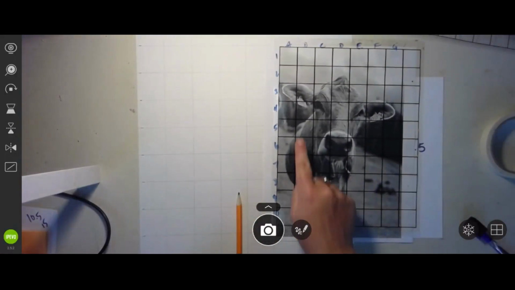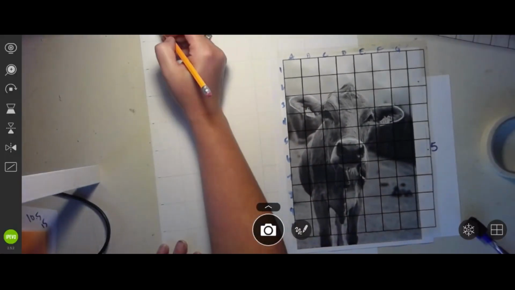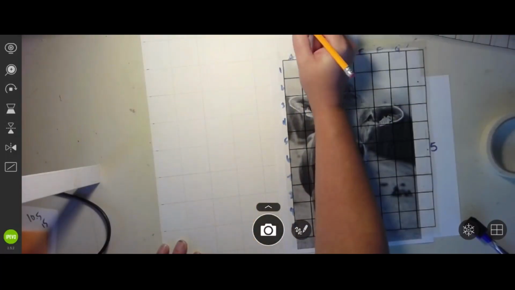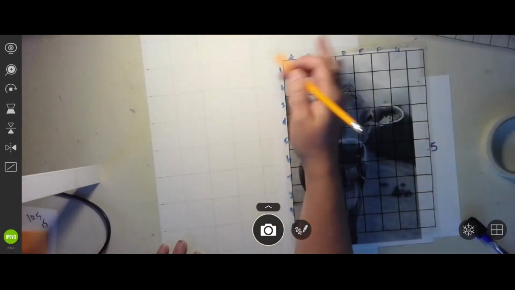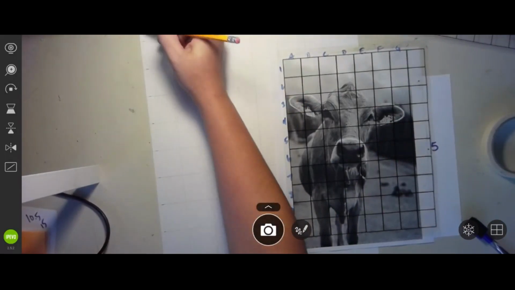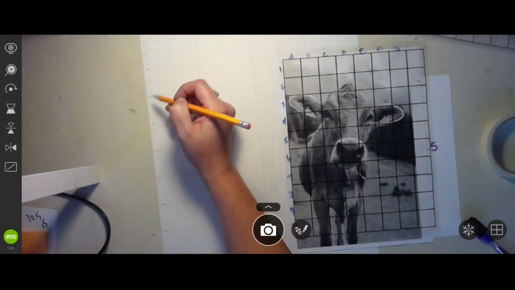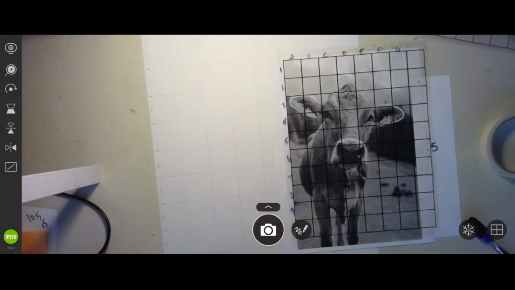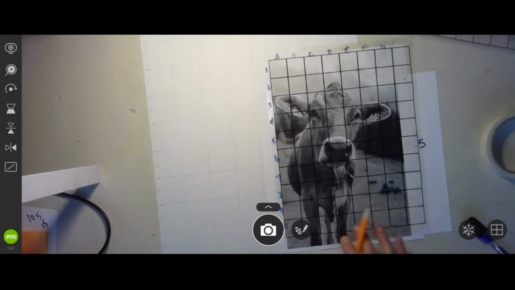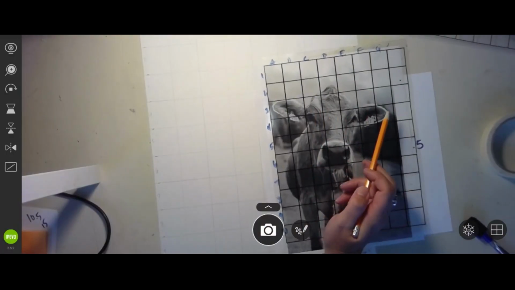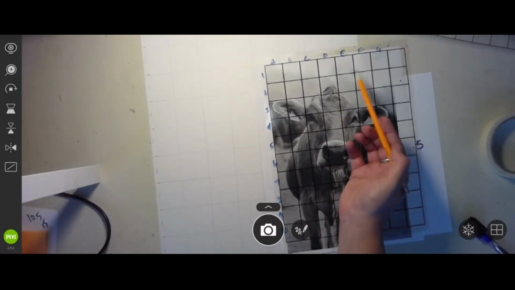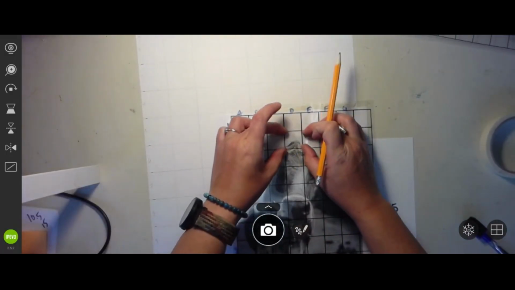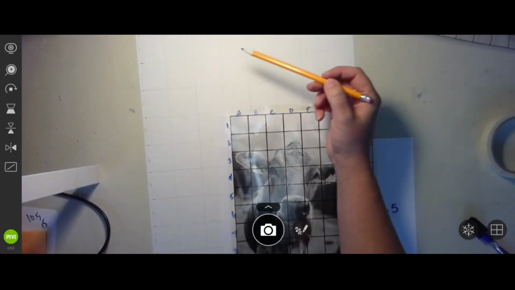Okay. And now if I look here, I'll label these quick, just a very light A, B, C, D, E, F, G. Again, we're going to keep this light. We want to be able to erase that. 1, 2, 3, 4, 5, 6, 7, 8, 9, 10. Okay. So from here, now we need to figure out where we're going to start. Let's say I'm going to start with the top of the cow's head. We're going to D2. Okay, so I'm looking for D2, and I'm just looking at this box, D2,